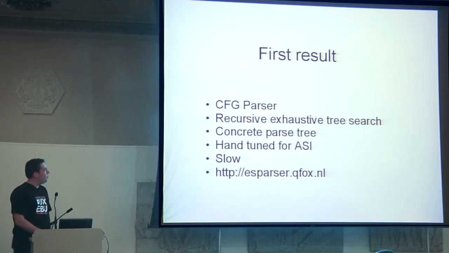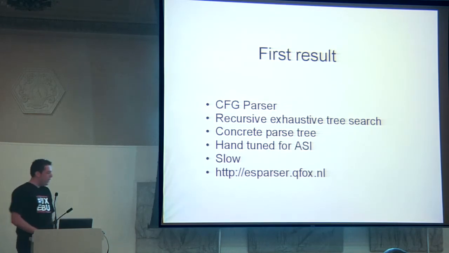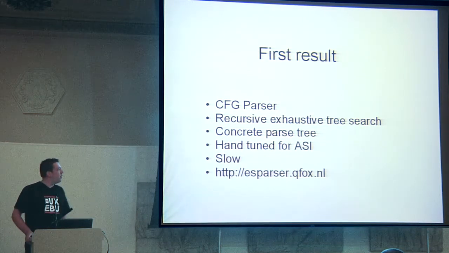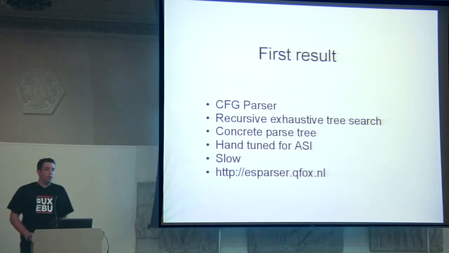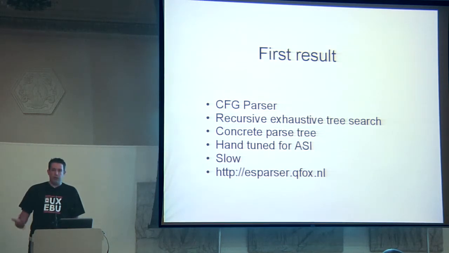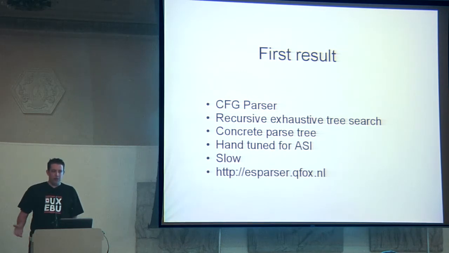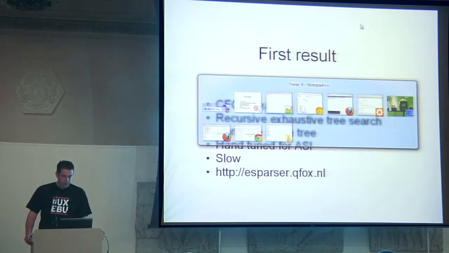So my first result was a CFG parser. It uses the grammar specified in the specification as a source, so I didn't have to bother myself with defining whether I was parsing a regular expression or not. I kind of cheated that way. It put out a concrete parse tree, which was really cool, and it gives you good insight into the language. But it was slow. It's really slow. It did jQuery at 46K in about 24 seconds. That's not usable. I mean, it's cool as a learning tool, but it's useless as a